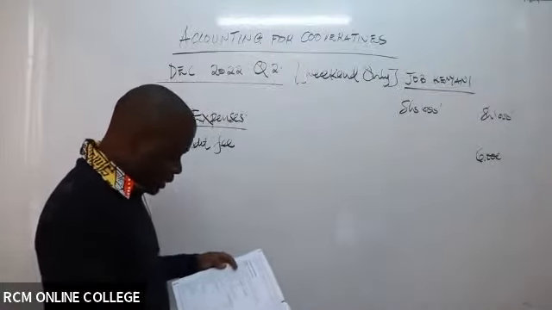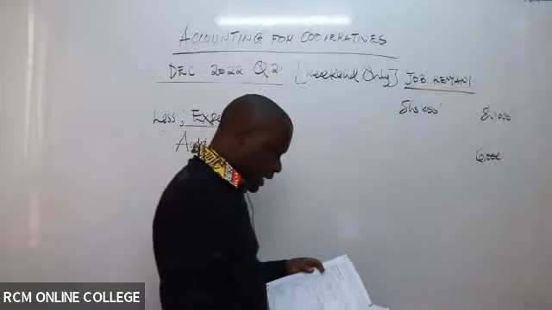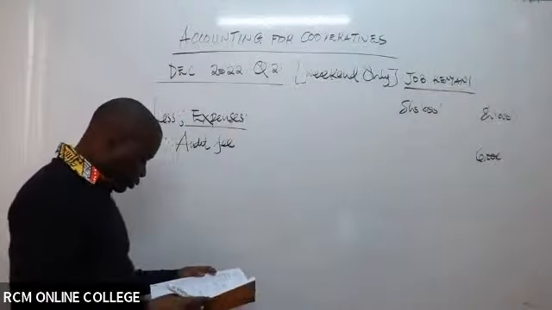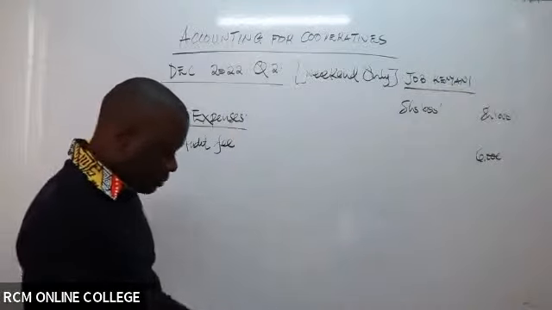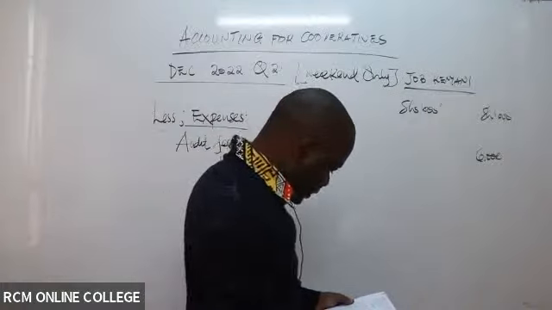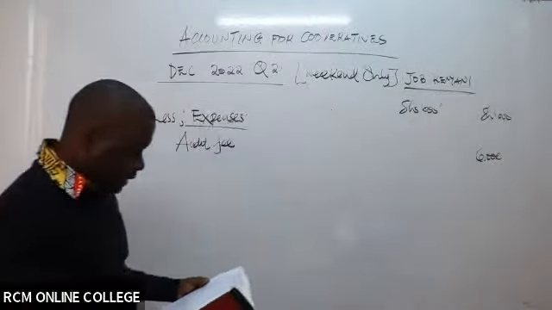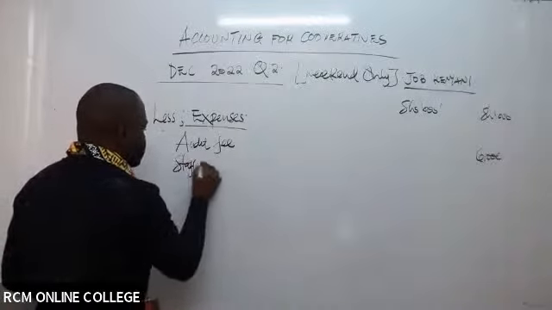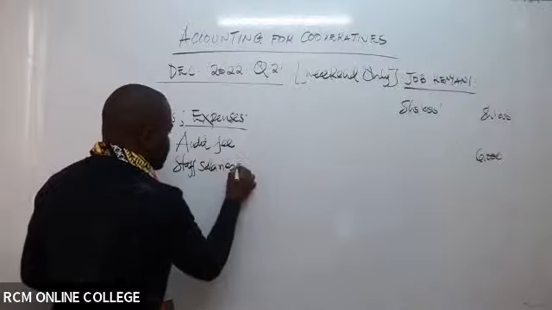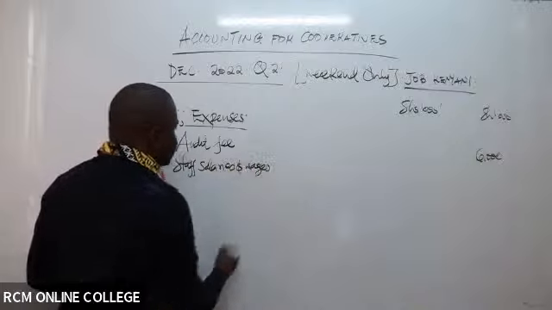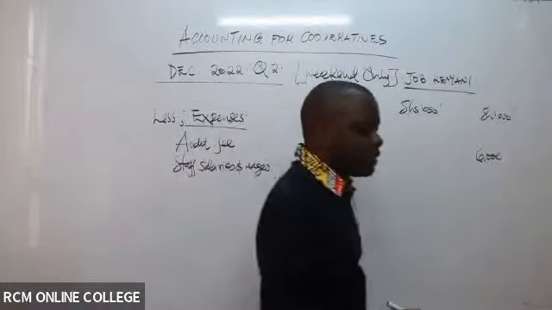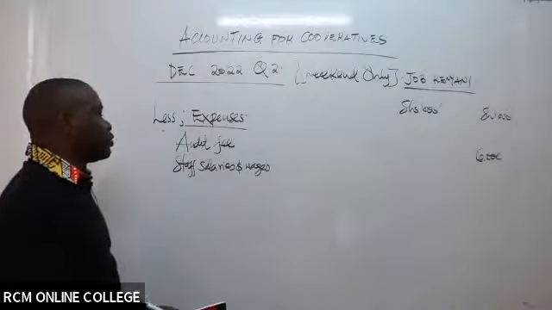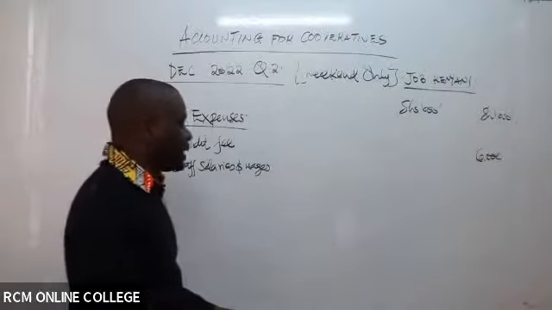Staff salaries and wages amounting to 3.2 million had not been paid as at 31st of December 2021. So staff salaries and wages had not been paid. Remember, in this case, if you look at any item in the additional information, you have also to confirm in the trial balance whether there was any other amount regarding staff salaries and